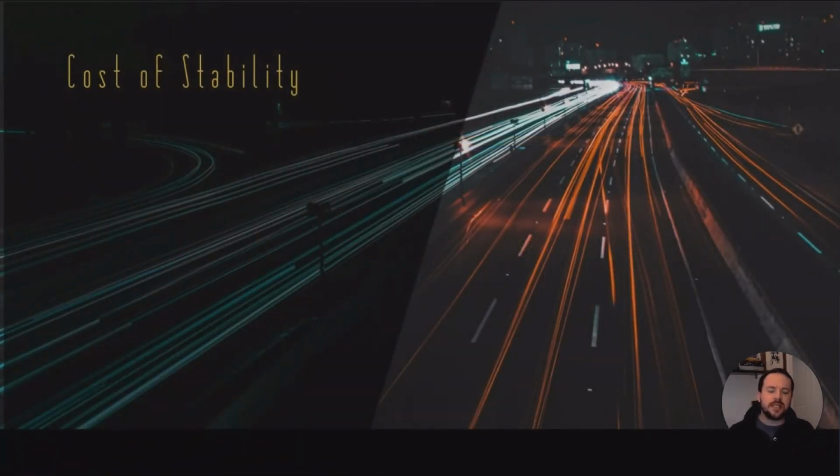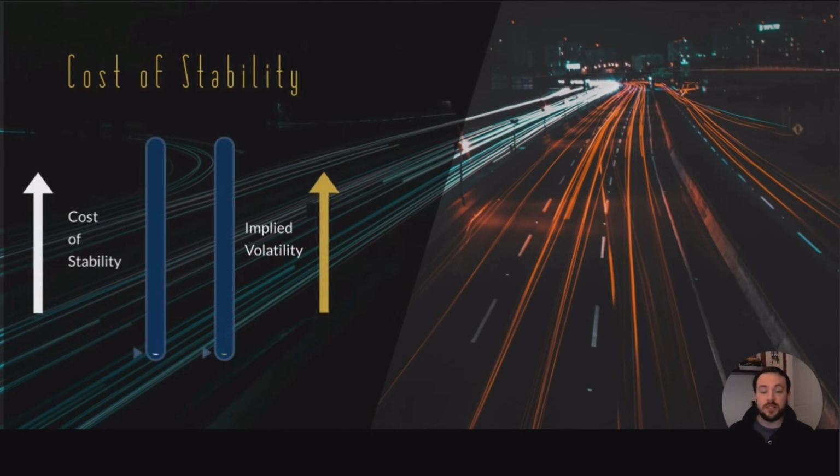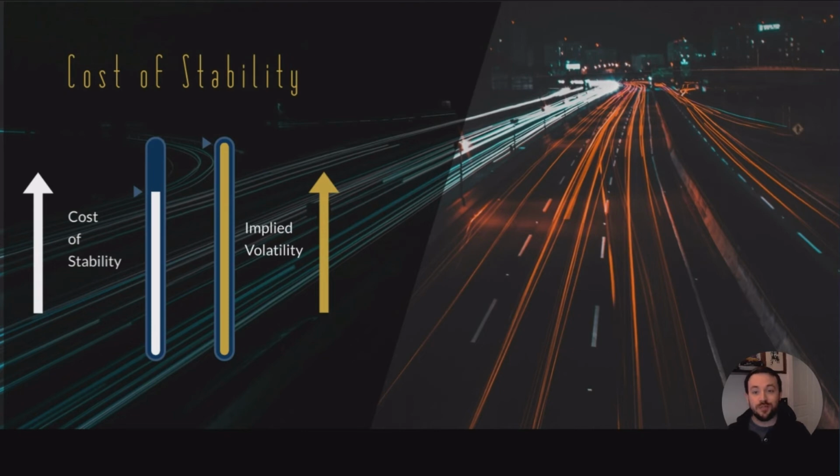So when looking at the cost of stability in the market, we notice that as liquidity diminishes and volatility rises, the cost of interacting in the market to maintain a particular position increases. In this case, Betsy wanted to maintain her position as a business owner, so she was willing to spend more money for the apple. Now we're going to move on to the last way of viewing liquidity in the market,